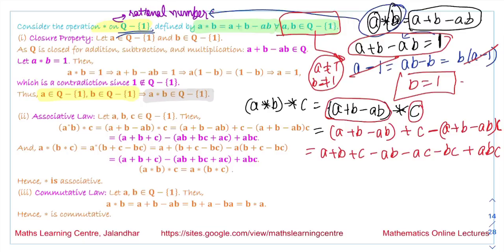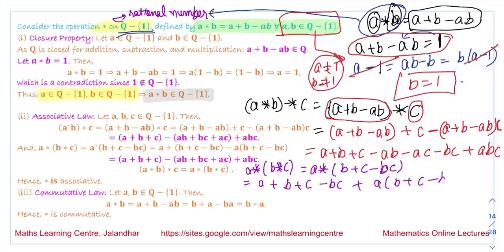Now if we solve the term a star (b star c), the answer we obtain is a star (b plus c minus bc), and this is equal to a plus b plus c minus bc plus a into (b plus c minus bc), and on solving this we will obtain that this is equal to this term. So what we obtain is that a star b and then its operation with c, or b star c and then a star that, both these values are equal to each other. So we are saying it is satisfying the associative law. This star is